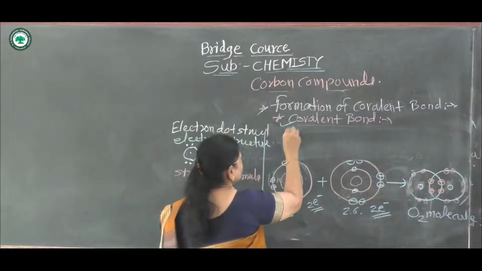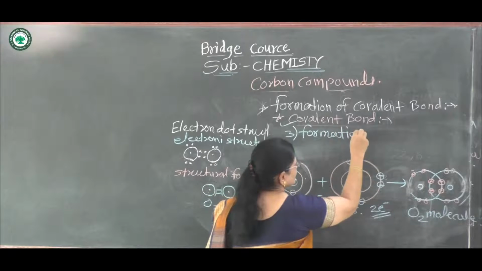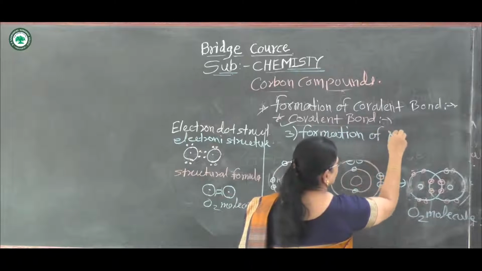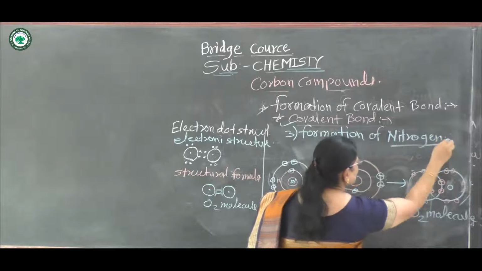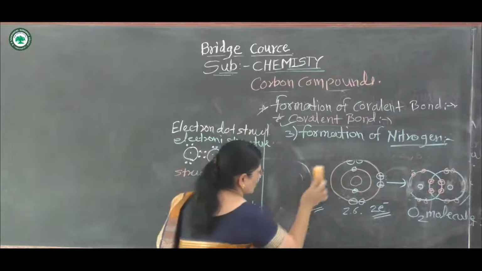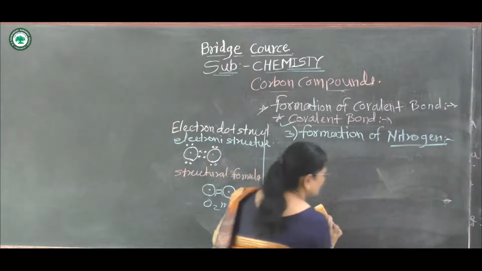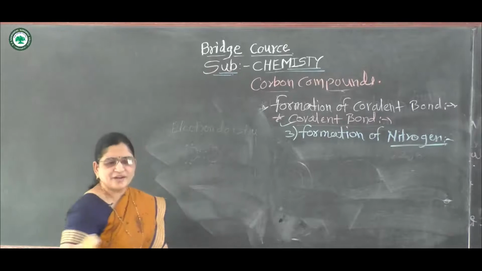Third molecule, formation of nitrogen. In the first, hydrogen, it forms a hydrogen-hydrogen single bond. In the second, the oxygen molecule, it forms a double bond. Then in nitrogen,